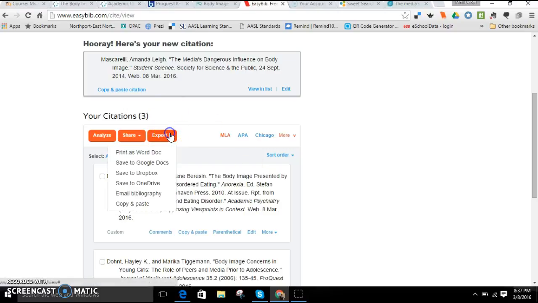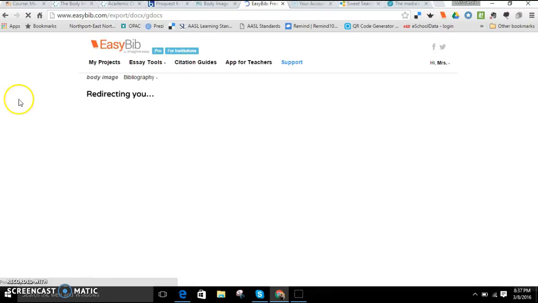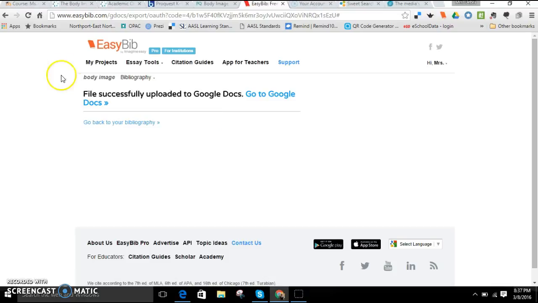If you click here where it says export, you see it says print as Word doc. You can also save it as a Word doc. You could save it as a Google Doc. You could save it to Dropbox. You could do all these things. But I'm going to show you how to save to Google Docs. I'm going to click here, and it's redirecting me because I'm connected with Google Docs in here. And now it says it's been uploaded. So if I click here,